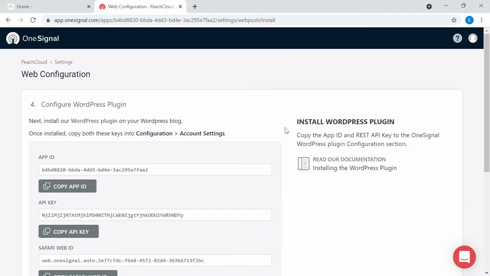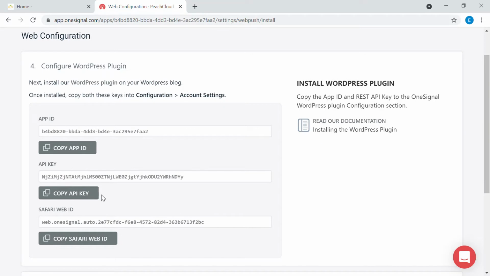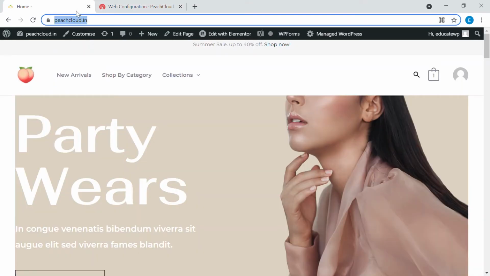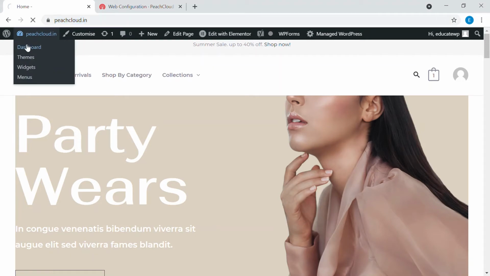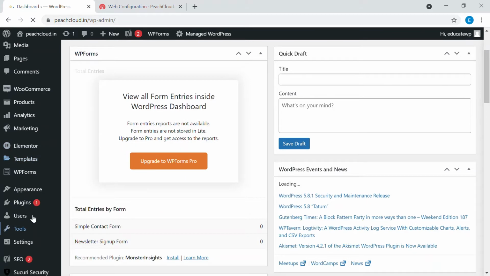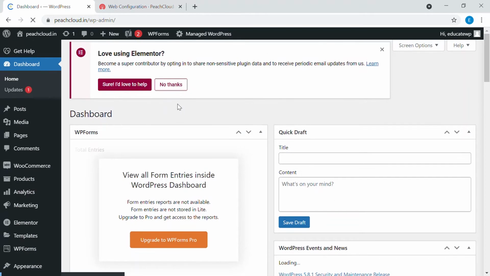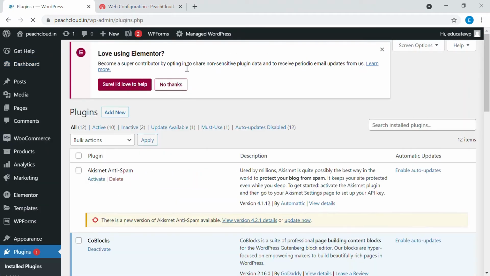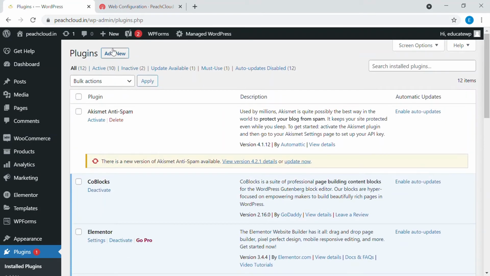After saving, you will be taken to the web configuration page. Here you need to install the WordPress plugin and copy the app ID, API key and web ID. For that, we're going to go back to our website, go to the dashboard right here and install a plugin. So just go to plugins and click on add new.